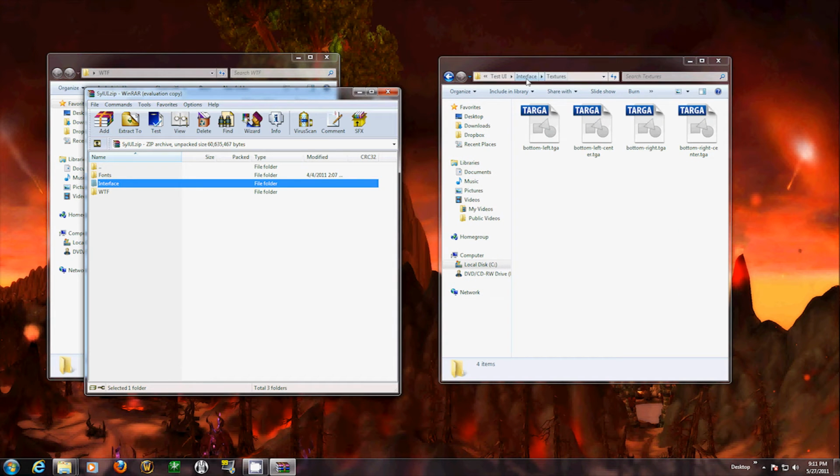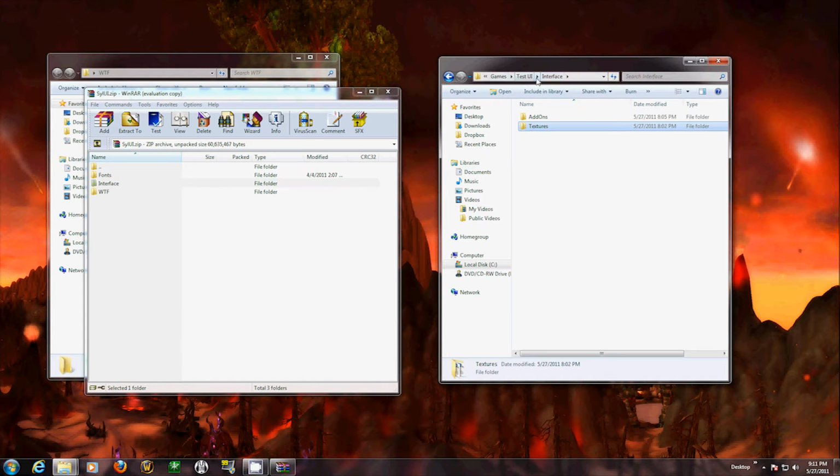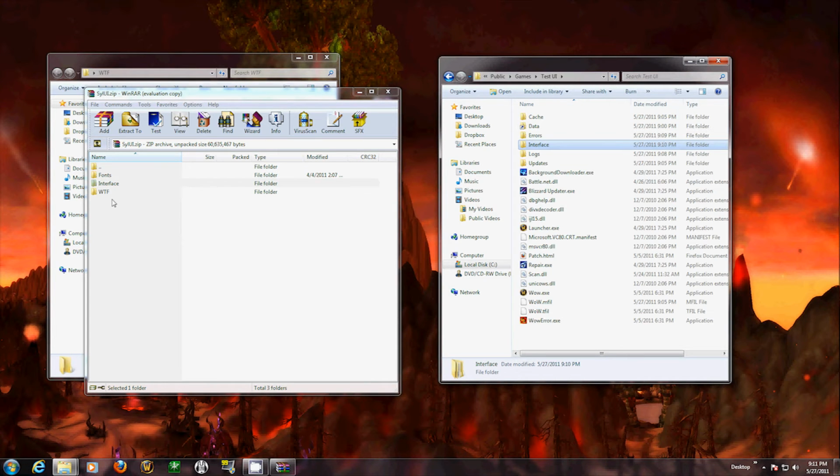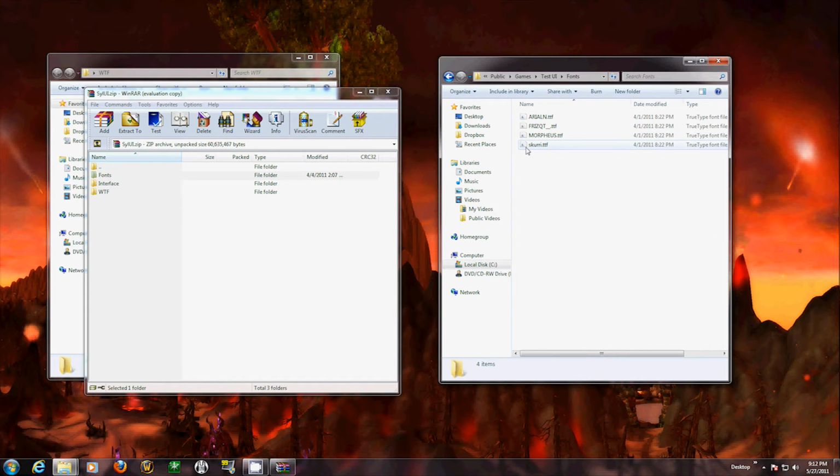Alright, textures here, this is important. This is the actual textures for my kgpanels. We want to also put the fonts folder in here. Now the way this fonts folder works is the game is going to look at any fonts in this folder that have these names